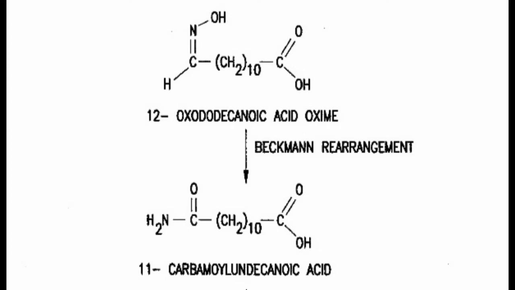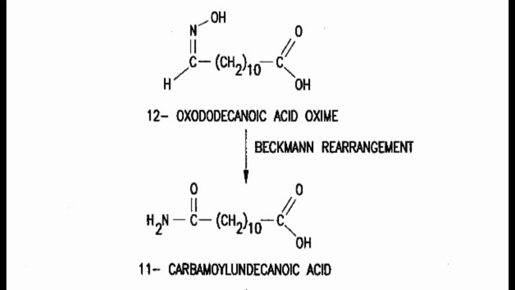During this rearrangement, the oxygen of OH gets bonded to the carbon which is bonded firstly with nitrogen. This NO is given out, and instead of that the oxygen from OH gets bonded with carbon. That means there is formation of a carbon oxygen double bond. What remains now? Nitrogen, hydrogen from OH, and another hydrogen which is bonded with carbon. Two hydrogens are present, and both hydrogens get bonded with nitrogen, and there is formation of a carbon nitrogen bond.